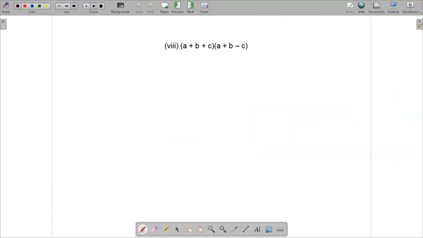So coming to the last subdivision, that is 8th subdivision. A I need to multiply with all the terms available within the bracket. B also I need to multiply with all the terms available within the bracket. Similarly C also I need to multiply with all the terms available within the bracket of second term. So A into (A plus B minus C) plus B into (A plus B minus C) plus C into (A